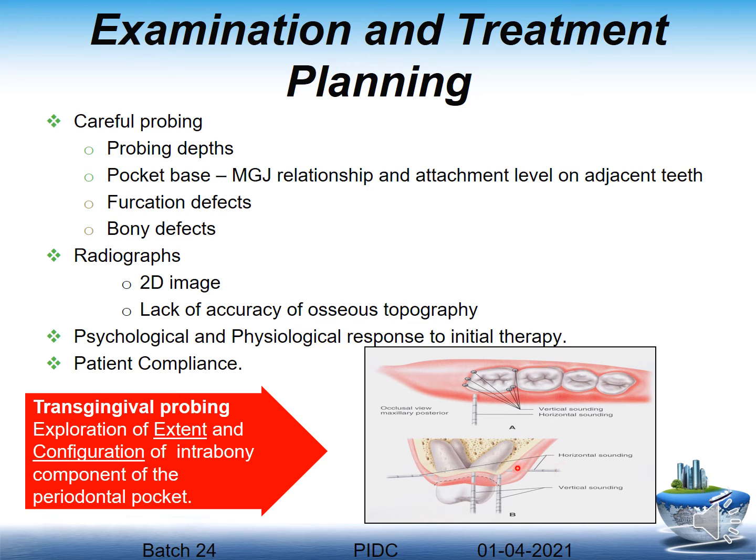You go and touch the bone to check how much is the bone level and how is the bone morphology. This is vertical bone sounding, wherein you probe from the sulcus to the depth of the bone after anesthetizing the patient to find how the intrabony contours are.